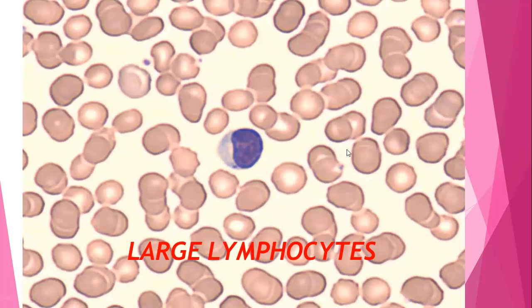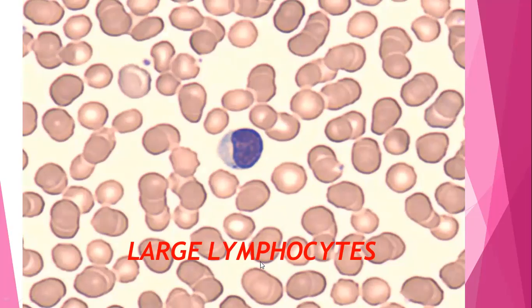The cell size can be compared with the size of an RBC. These are all surrounding RBCs, and we know that the RBC size is around 7 to 8 micrometers. The actual average is 7.2. So we can compare the size. Here we can see that it is double the size of an RBC. So like this, the judgment of the size is done.